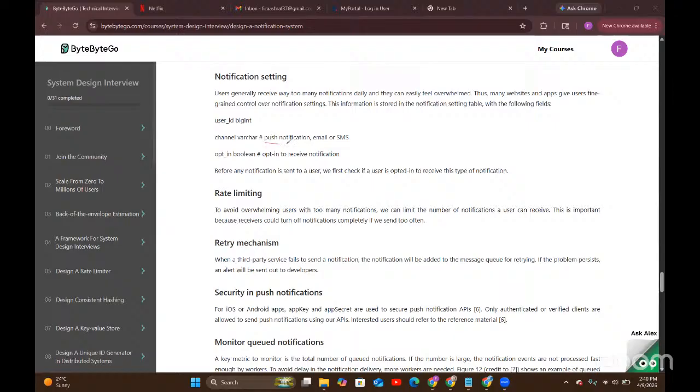अच्छा, ये हमने डिस्कस किया था कि we can have different kinds of types of notifications. We can either have push, okay, मैं समझ गया, ठीक है।